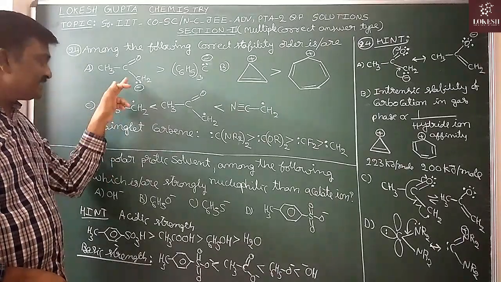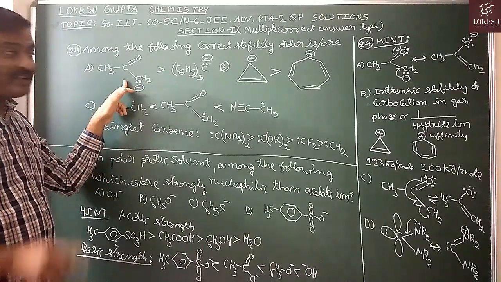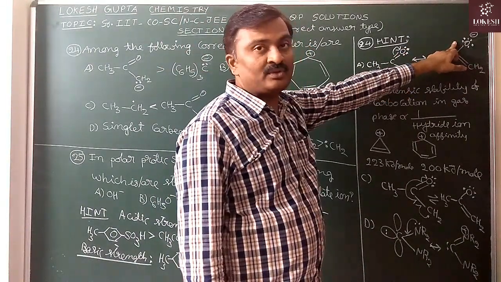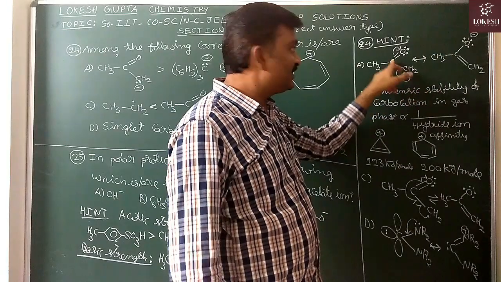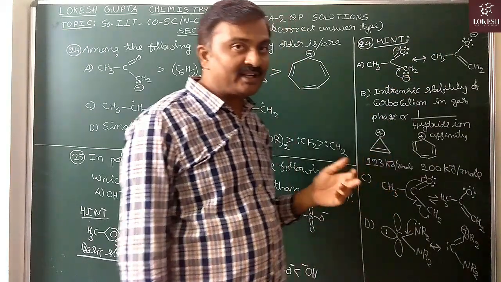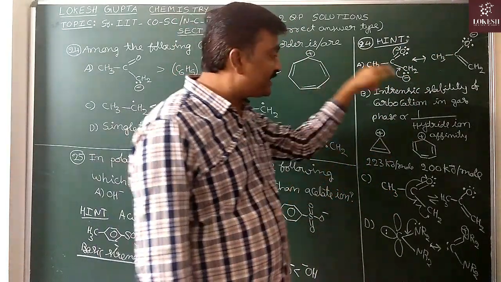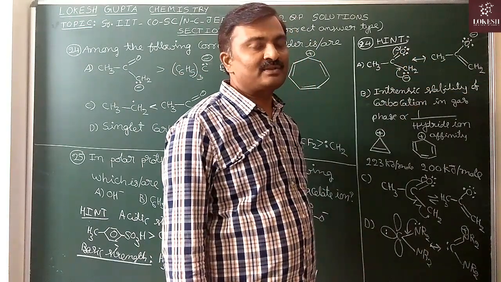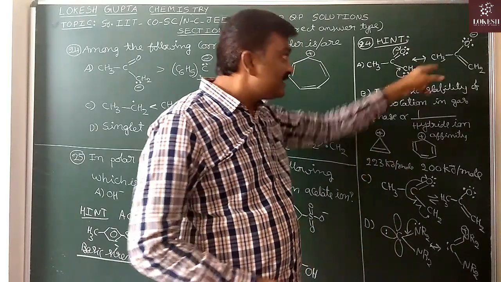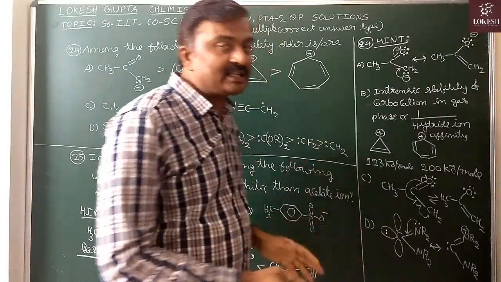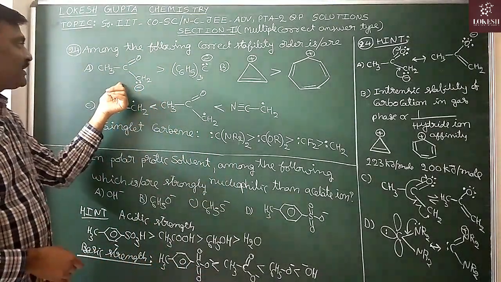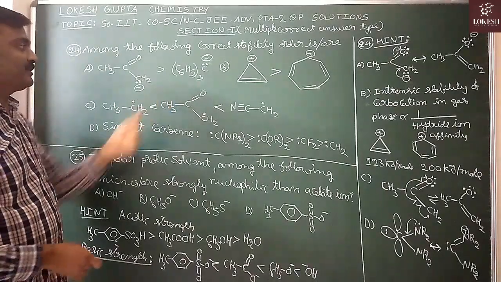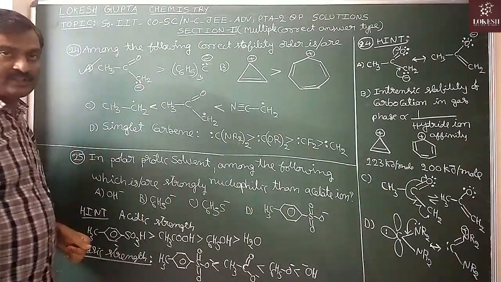Why? Because in its resonance structure, the negative charge is at the more electronegative oxygen or nitrogen atoms when C double bond O or C triple bond N is attached to the C minus. Then in their resonance structures, the negative charge will be at more electronegative atoms. Because of this reason, this resonance structure is stable, and this type of carbanions are more stable than the triphenyl methyl carbanion. So option A is correct only.